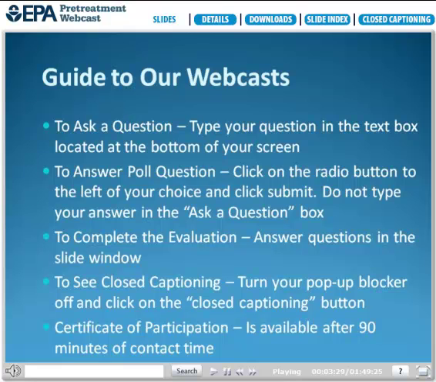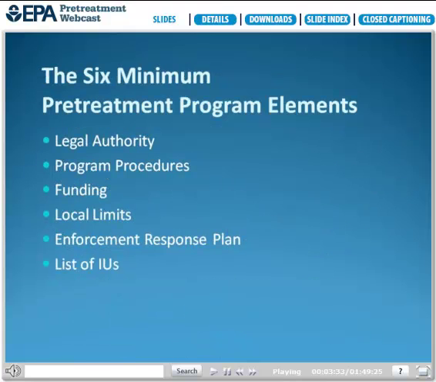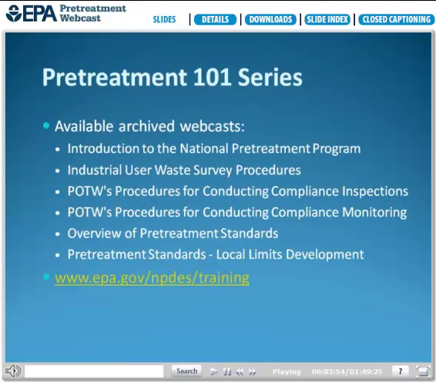Before we start, this slide outlines the 6 minimum pretreatment program elements. These include legal authority, program procedures, funding, local limits, enforcement response plan, and list of industrial users. The Pretreatment 101 series webcast will discuss each of these 6 minimum program elements. During today's webcast, we will be discussing the basics of non-domestic user permitting, which is one of the required program